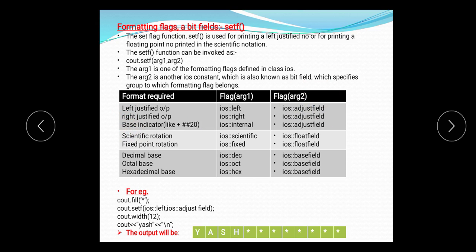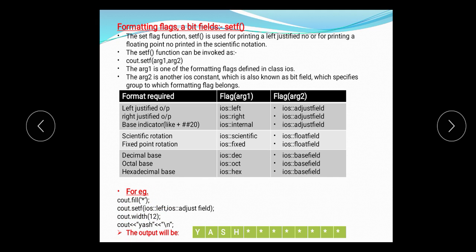Now here I am showing one example. Here we fill the unused portion with the star character. Then we set the flag ios::left, ios::adjustfield. We are setting the flag because we require the output to be displayed left justified, and adjustfield is the second argument. Then we set the width equal to 12 and display the value, which is Yash.